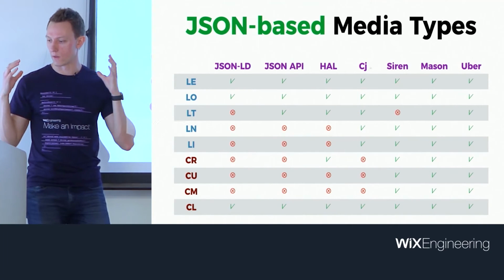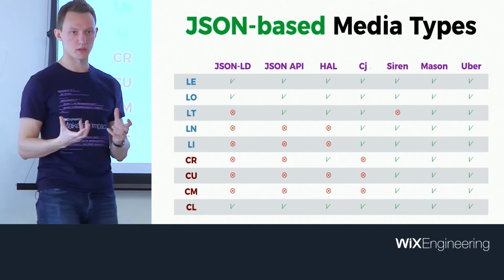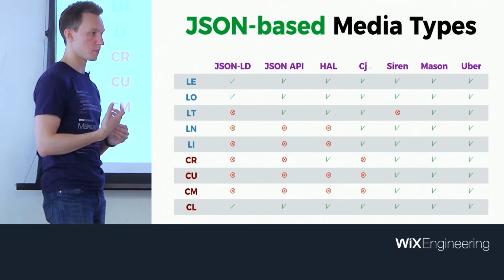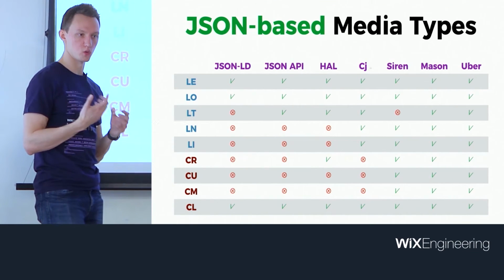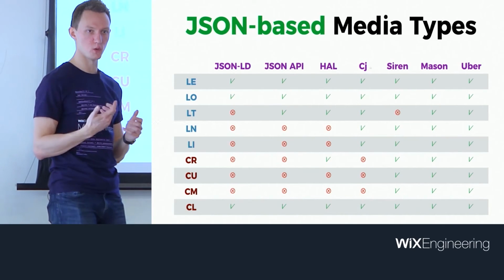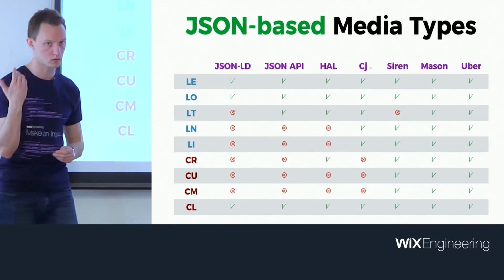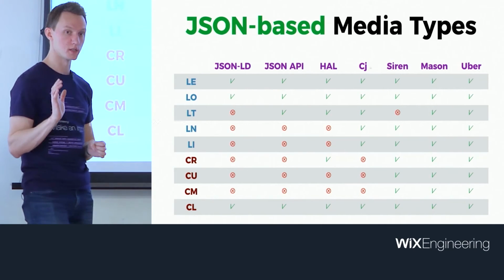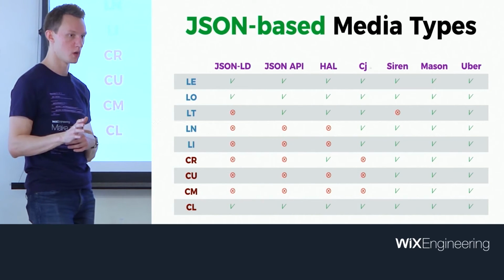So the reason why I'm showing you this slide is when you start creating a hypermedia API, the next major question that will pop up in your head is, what kind of media type should I use? Not which should I create, but which should I use? This analysis that you see here was done by me back in 2014. The hypermedia scene hasn't changed much since then in terms of media types. So people try to either invent their own or use these